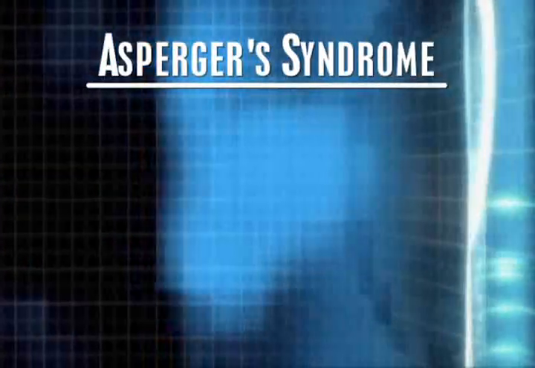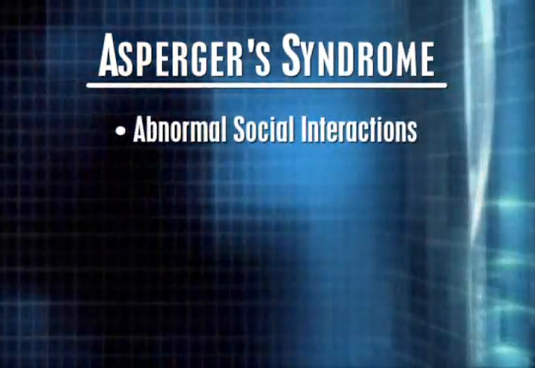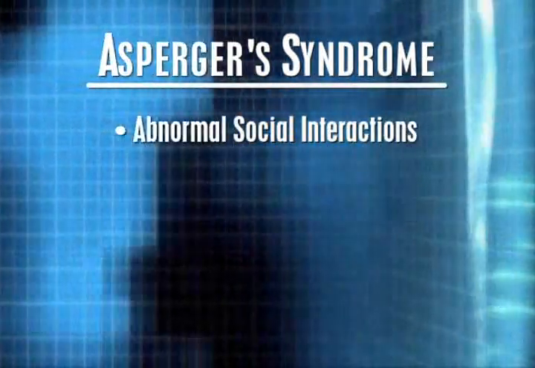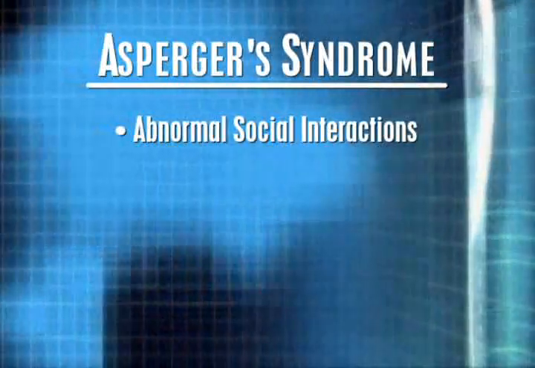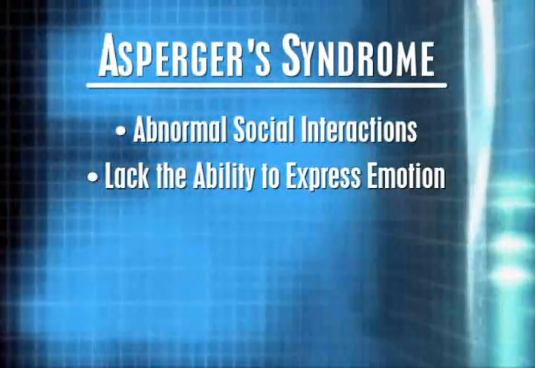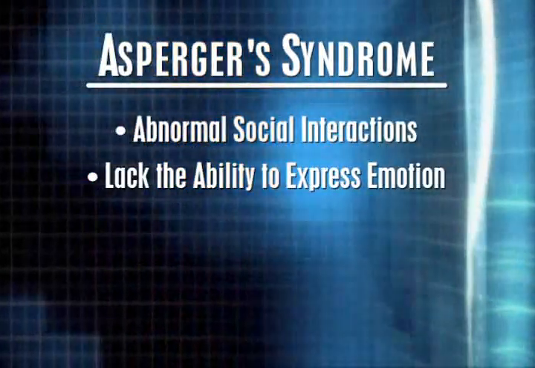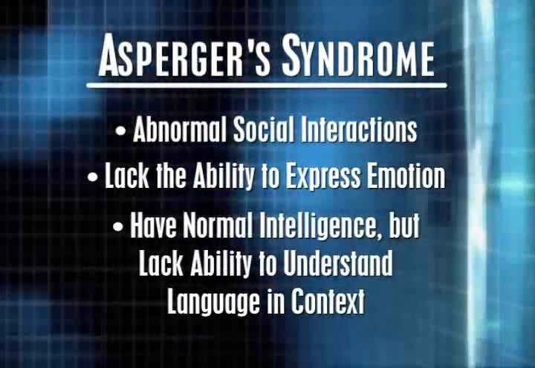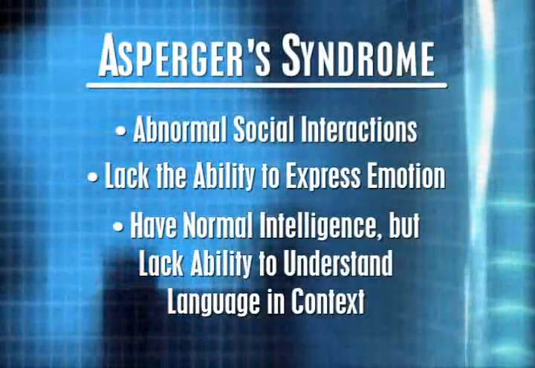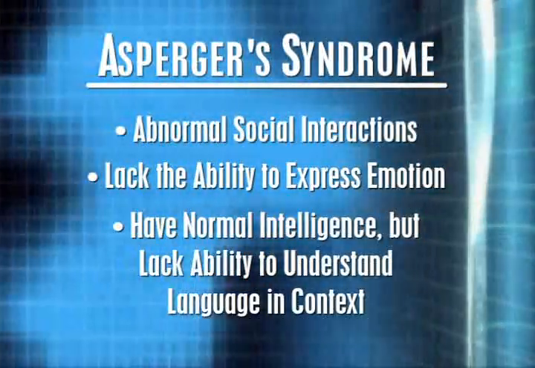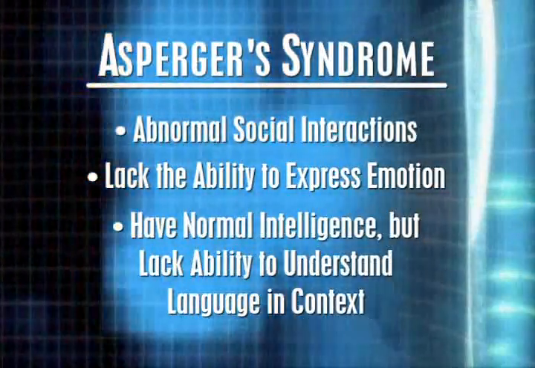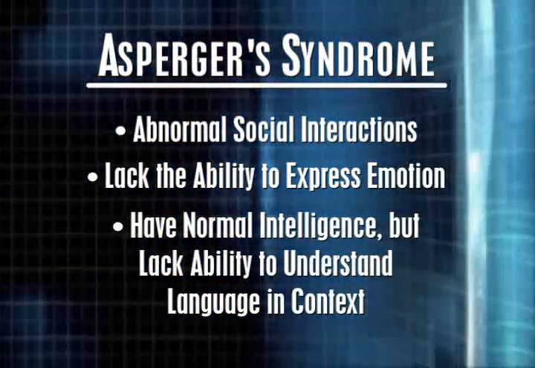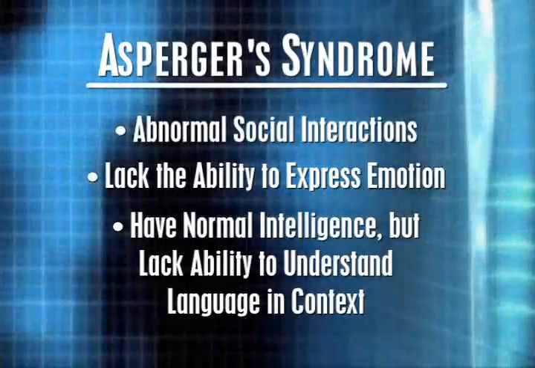Eventually, physical problems progress so that the child walks with difficulty, often stiffly with jerking movements. Asperger's syndrome is a developmental disorder in which people have severe difficulties understanding how to interact socially. They may not make eye contact when speaking with someone. They may have trouble using facial expressions and gestures and understanding body language. They also tend to have problems understanding language and context. Children with Asperger's syndrome usually have normal intelligence and language development, age-appropriate self-reliance, and interest in the world around, but lack the ability to interpret emotional affect.